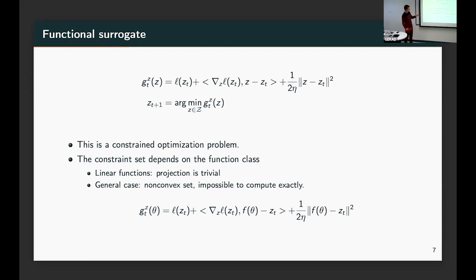Instead of minimizing a constrained optimization problem where my constraint set is really, really nasty, I'm going to take that surrogate and then replace Z here by f of theta. So instead of saying I can directly optimize over Z, but Z had to be part of my function class, Z has to be written of the form f of theta. So there are two Z's, one Z here and then one Z here. So there's one f of theta and then one f of theta. And so now I have a surrogate that's defined in terms of theta. But the difference with the previous one is this one is not quadratic in theta, it's quadratic in f of theta.